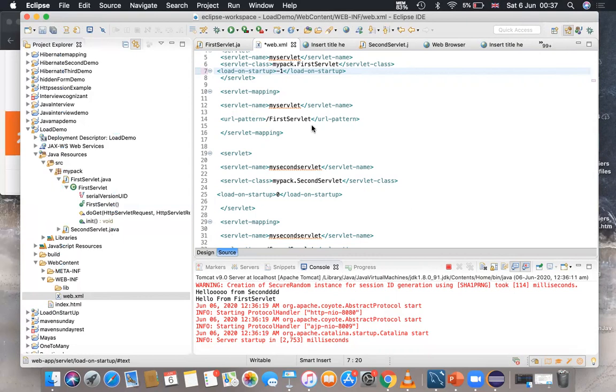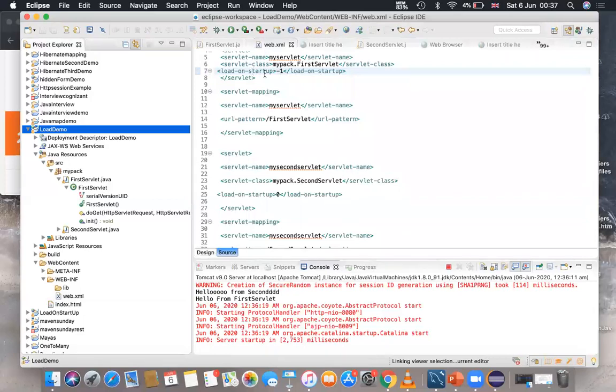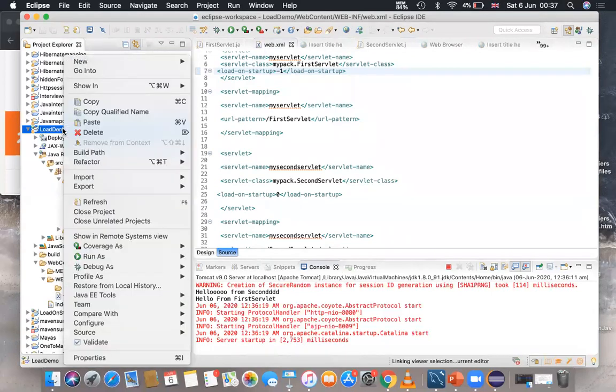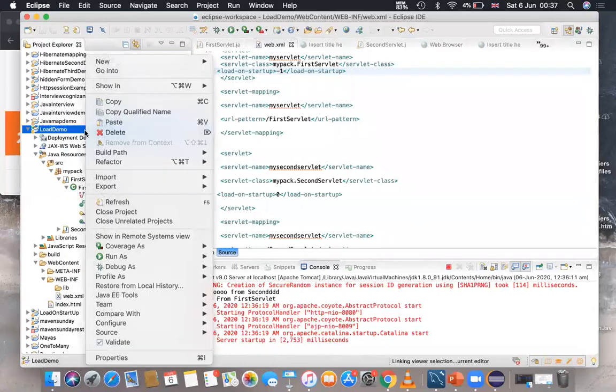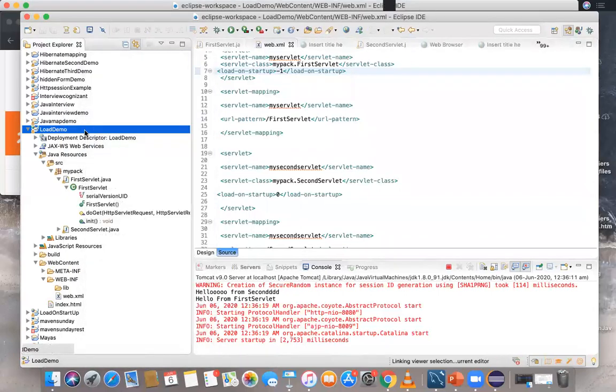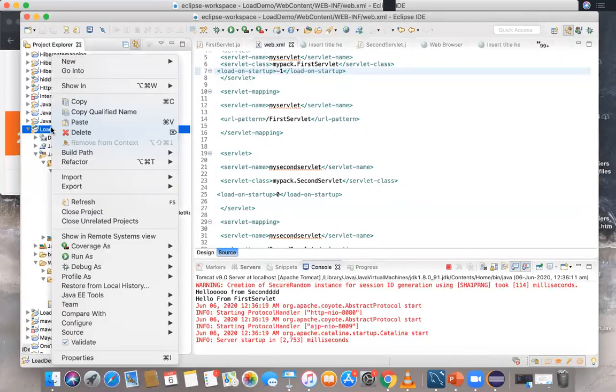So what happens is that when you give negative values, the servlet will not be loaded at the starting of the server. It will take only positive values and lesser values will be loaded first. So according to our program, only the second servlet will be loaded. Run as, run on server.